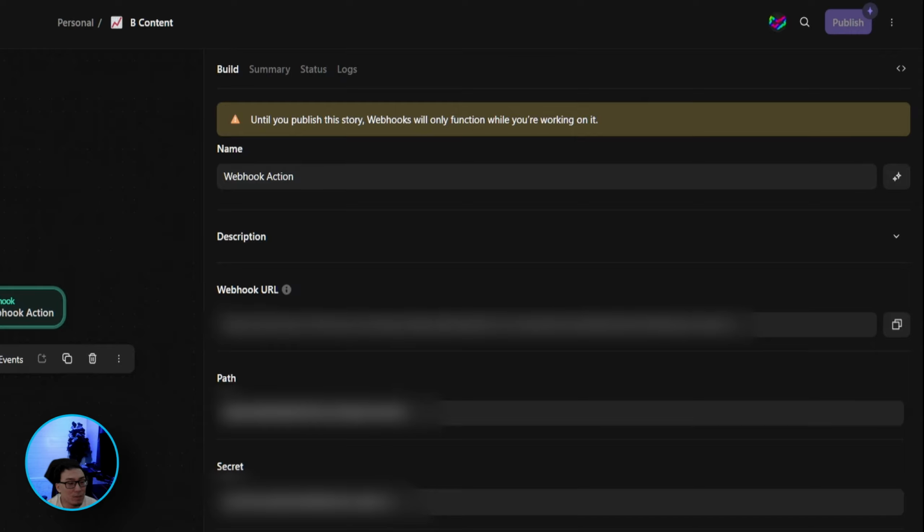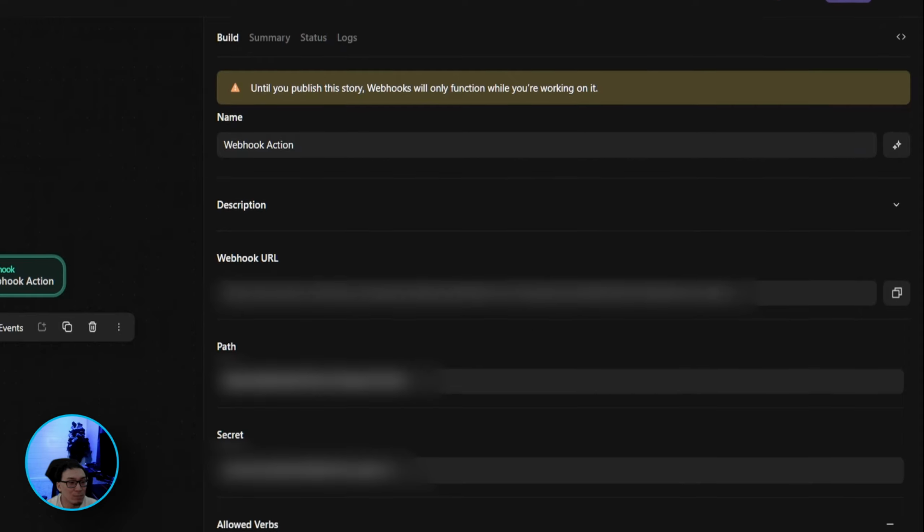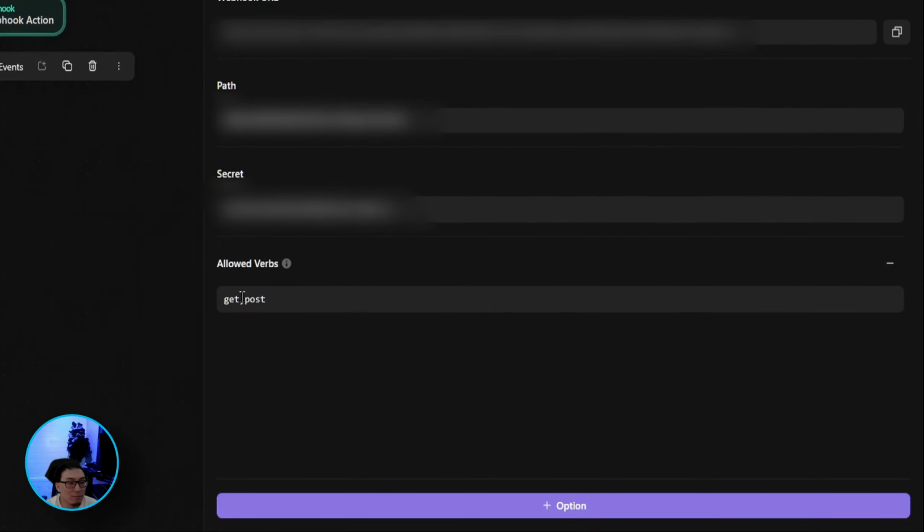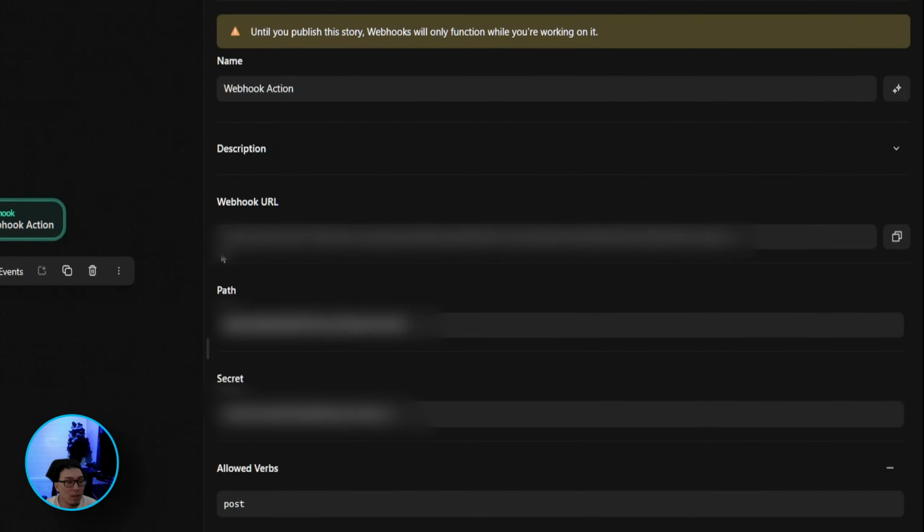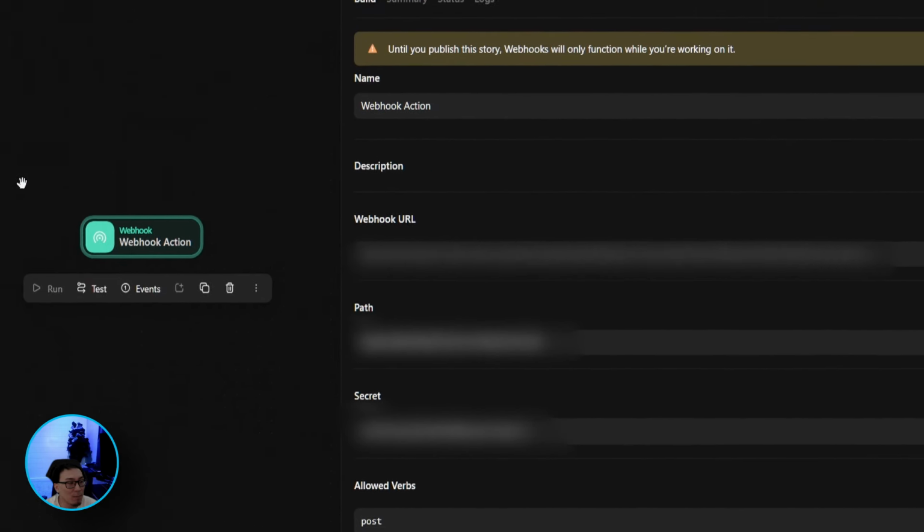Alternatively, you can also submit requests to the webhook URL with just the path, omitting the secret at the end, and you can specify the secret in your sending service and use that as a verification method in Tines, but that won't be discussed here. As for the allowed verbs, I am only concerned with post requests at this point in time, so I'll remove get. Now that we have the webhook action set up, I'm going to go ahead and copy this webhook URL,